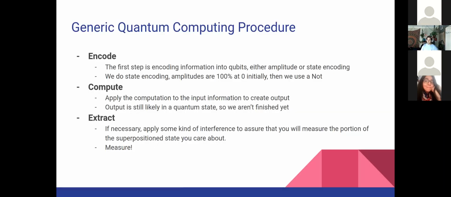These are the steps that you will take when building a quantum computing circuit or building a procedure. The first one is Encode. And what you want to do here is actually get your classical information into something that can be interpreted by a quantum computer. Lots of times, we want to apply quantum computers to problems that aren't quantum. And so this may be within finance,